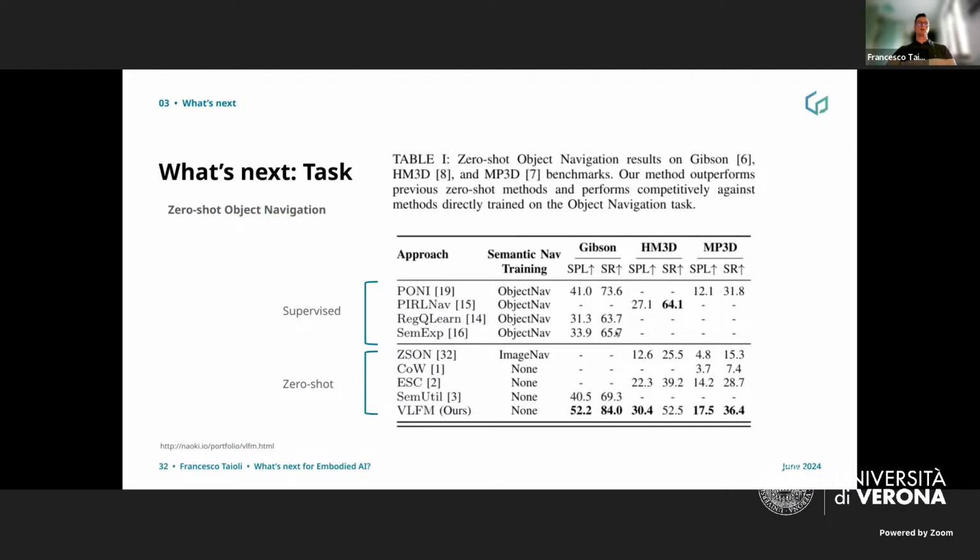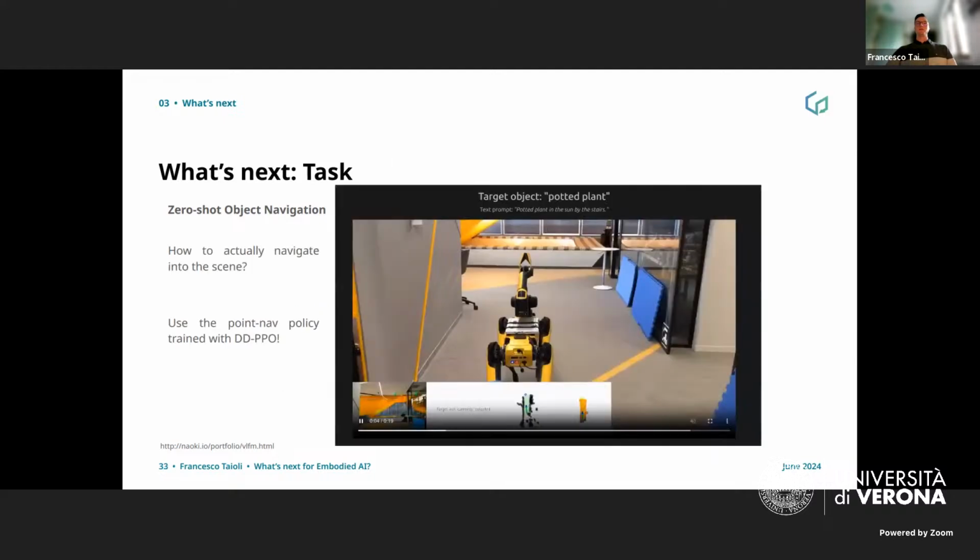Okay, so you basically have no training. You can't overfit to the dataset. The only limitation is your sensor, your object detector, and so on. And indeed, we also don't have a sim-to-real transfer problem because we don't train. And this was tested on the Spot robot by Boston Dynamics. And fun fact,